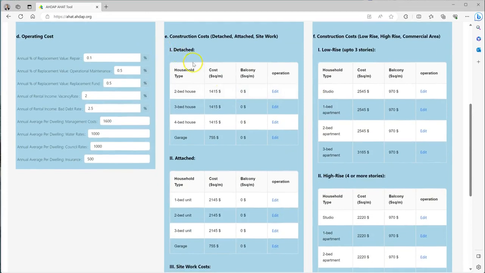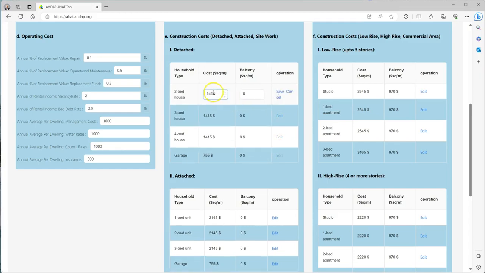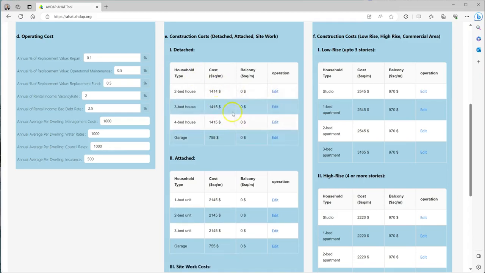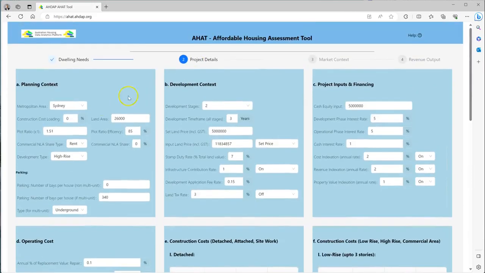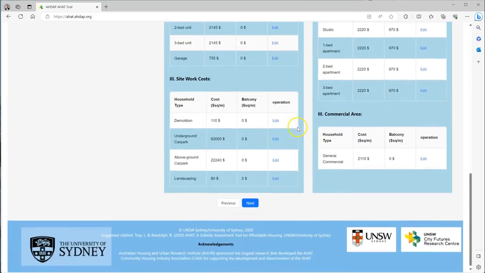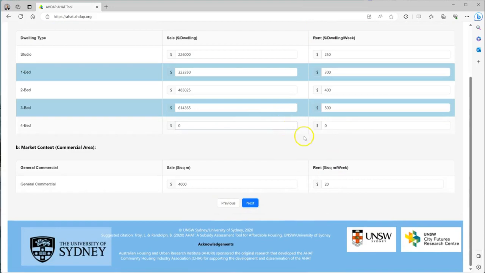Now these are based on some current estimates out of the Rawlinson's Construction Cost Guide, but each of these values can be edited if you wish to input your own specific values into these different dwelling typologies. So these here will link to the type of dwelling construction that we've specified up above. So once this is all set, we move on to the next